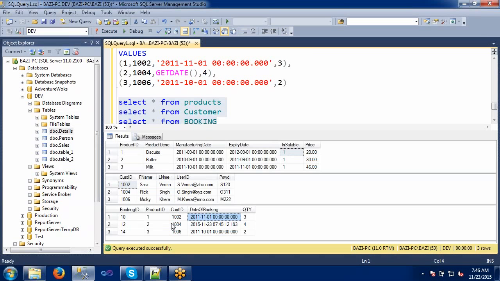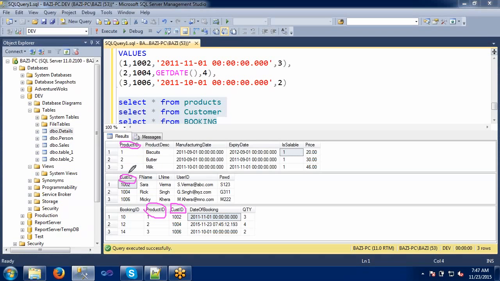If you look into this, we have created some relationships also. Why? Because when we are going to use joins, we should have some relationship, and then only can we join and retrieve the data. Here we have customer ID, and customer ID also here. Here the product ID is related with booking.